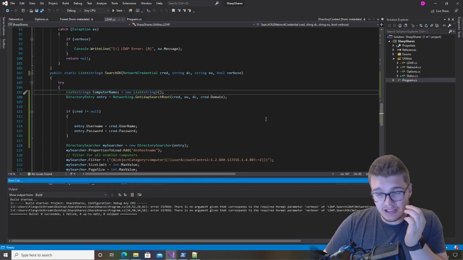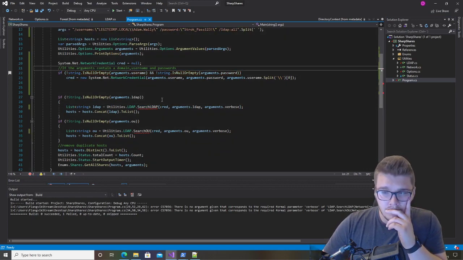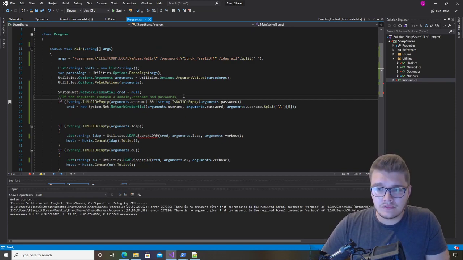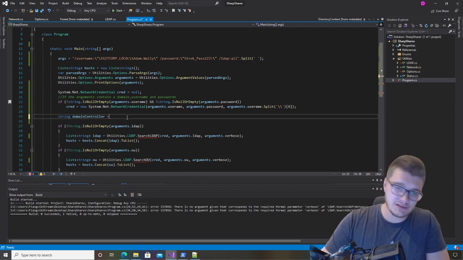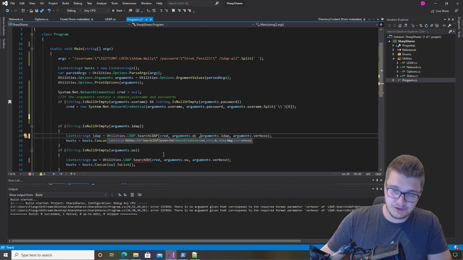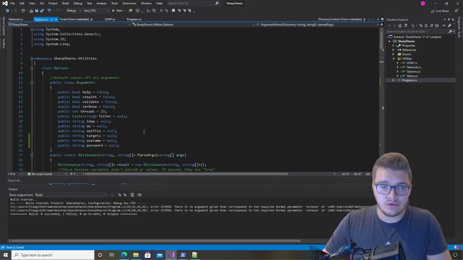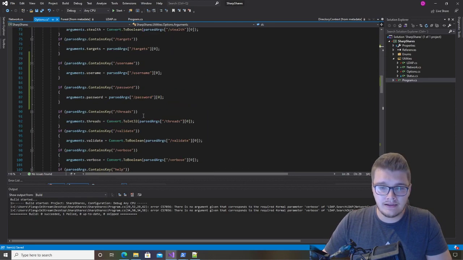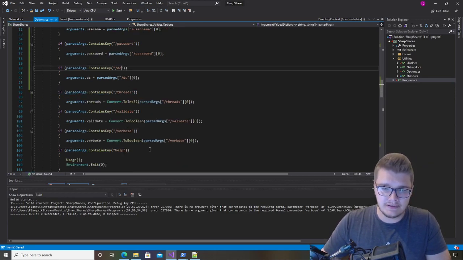So now it's going to complain about the domain controller not being there at this stage, and that's fine. So basically, string domain controller equals. Okay, so we can just give it arguments domain controller, arguments DC. And we haven't created that yet, so we need to create that. So let's add DC, and then like we did with everything else, DC DC, and then we need to add